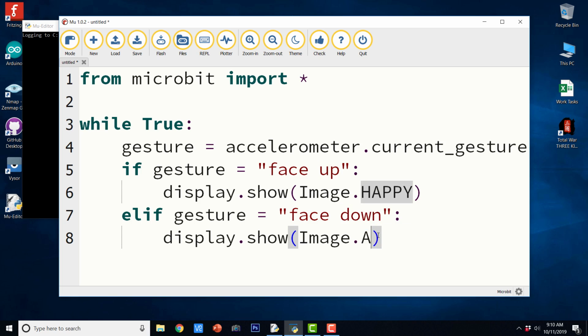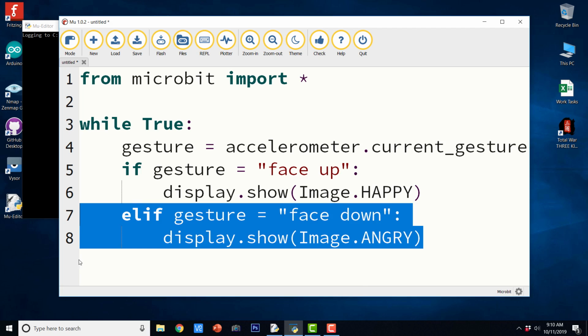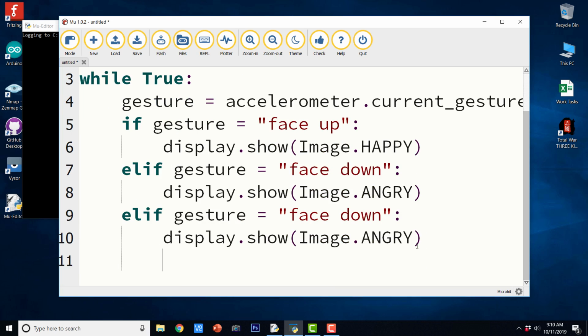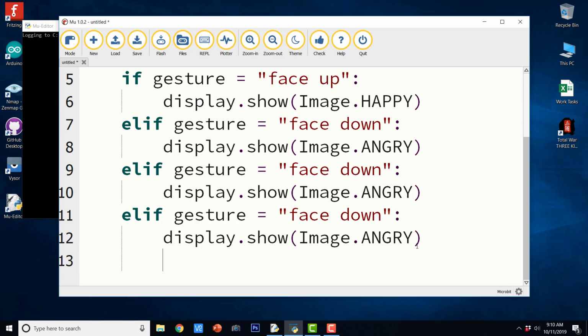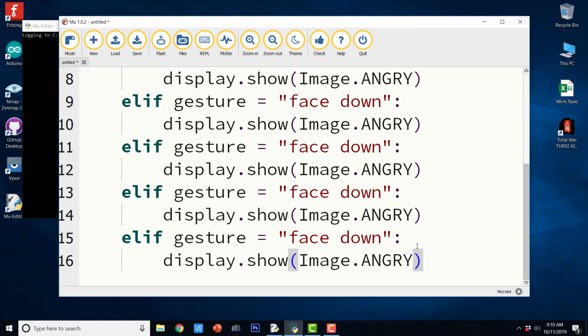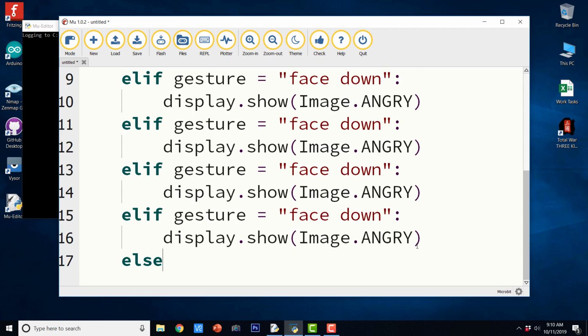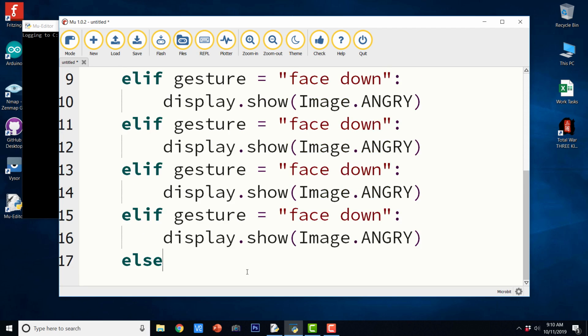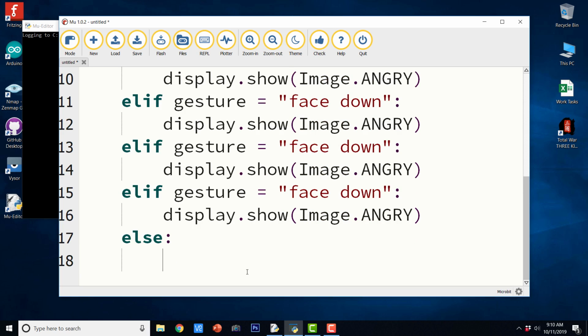Here we are going to say angry. So let us copy this entire block and keep on pasting it here. And finally else display.show. Okay, so I forgot the semicolon. Surprised.